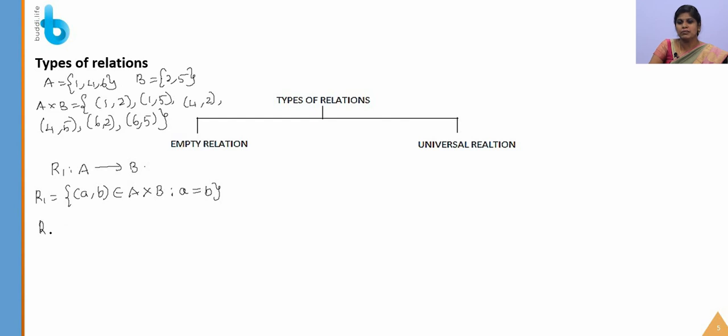Okay, now what are the elements that will come under this? See, the condition is A equal to B, that is, in this pair both the elements should be the same. Do we have such an element in the Cartesian product? No, right? So the number of elements in R1 is zero, that is R1 is an empty set, that is no element in this Cartesian product is related to this condition. Therefore the elements in the relation R1 is an empty set. There is no element, therefore it is an empty relation.